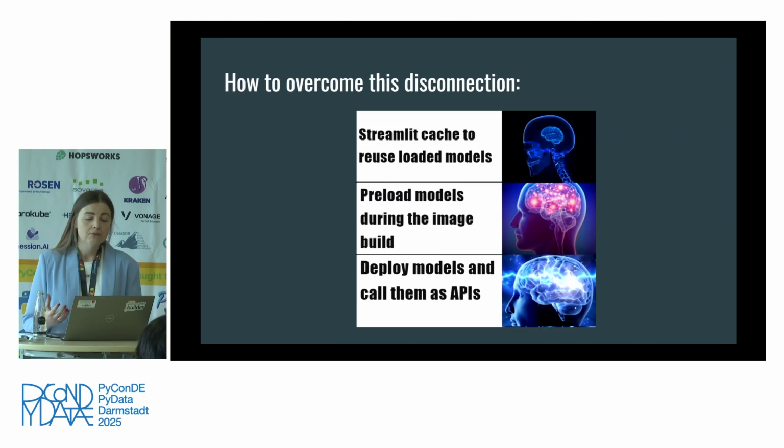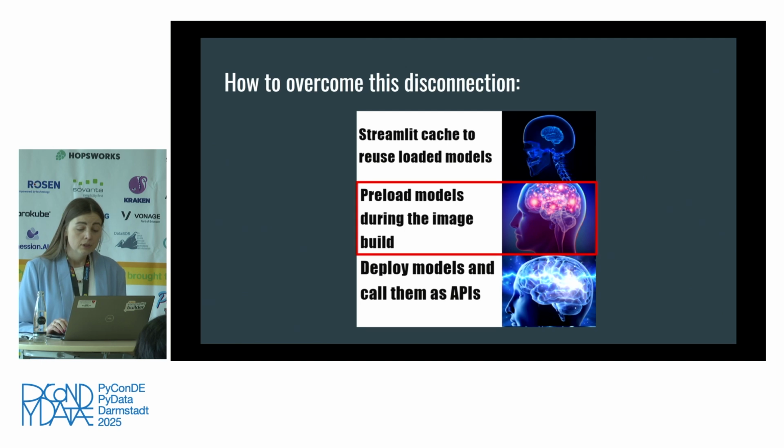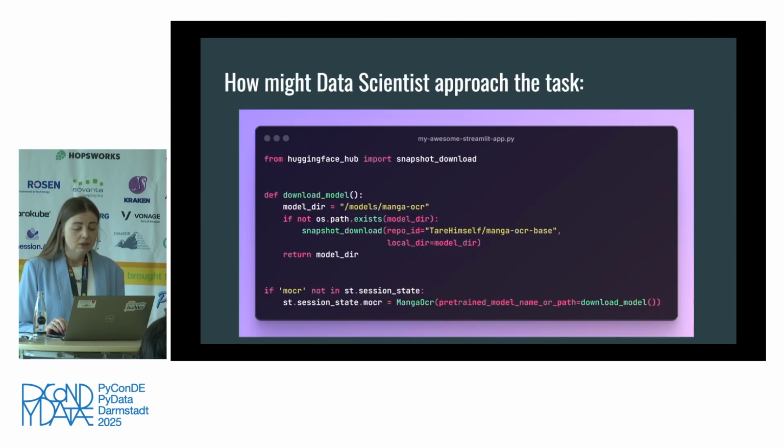So we use the Streamlit cache to reuse loaded models, but we also can preload models during the image build, and maybe even a better solution would be to deploy models and call them as APIs. But the last option heavily depends on your setup, on your company, and your MLE team. So let's try to have a golden middle. What we can do is, like a data scientist,